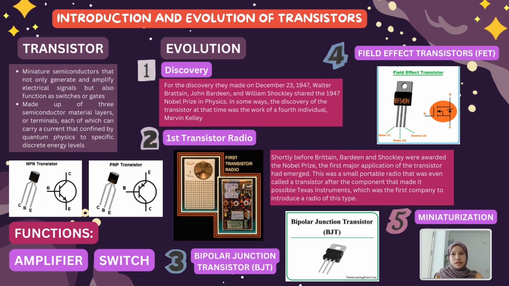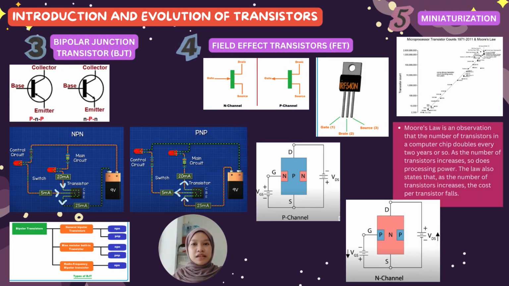So for the third, which is the invention of the bipolar junction transistor, William Shockley made a successful attempt at making this BJT. William Shockley, John Bardeen, and Walter Brattain were awarded the Nobel Prize for this achievement in 1956. For the field effect transistor (FET), the first attempt to make a FET was made by Julius Lilienfeld in 1925, and sadly he failed miserably, but he was lucky enough to get the concept patent. In 1945, the junction FET was the first device to be constructed by Heinrich Welker.